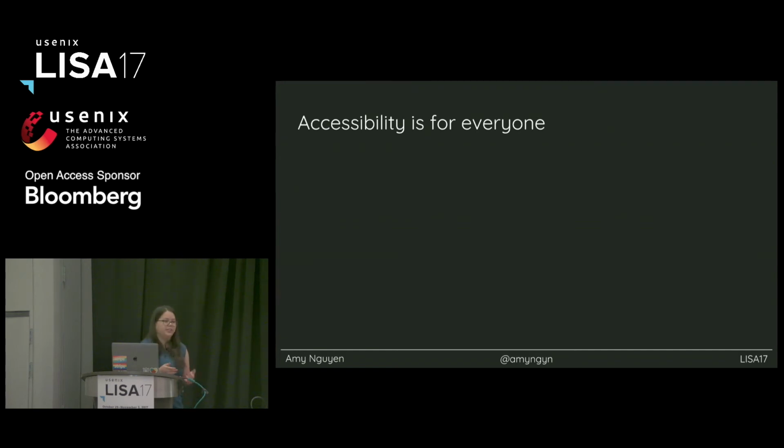I'll give the highlight reel of things that I think are important about accessibility, but I really encourage you to take a seminar about it, read up on it. It's a really cool topic. I learned a lot of things that I did not know. But yeah, so first of all, color contrast.